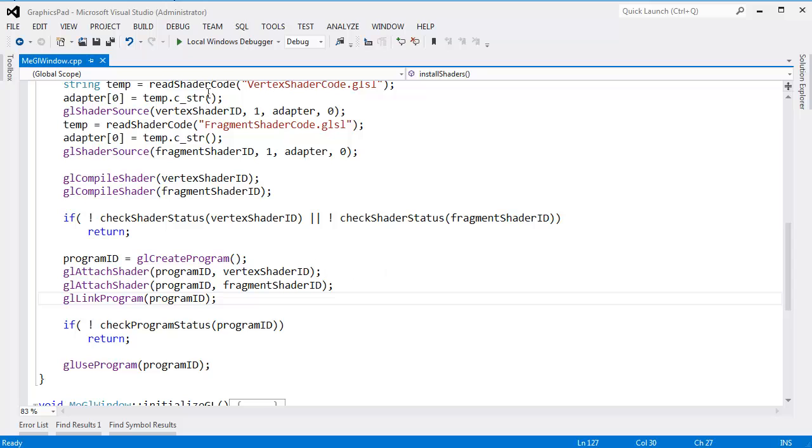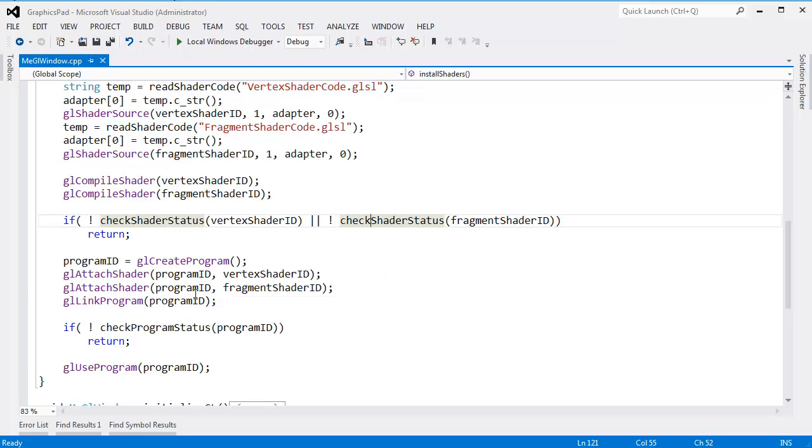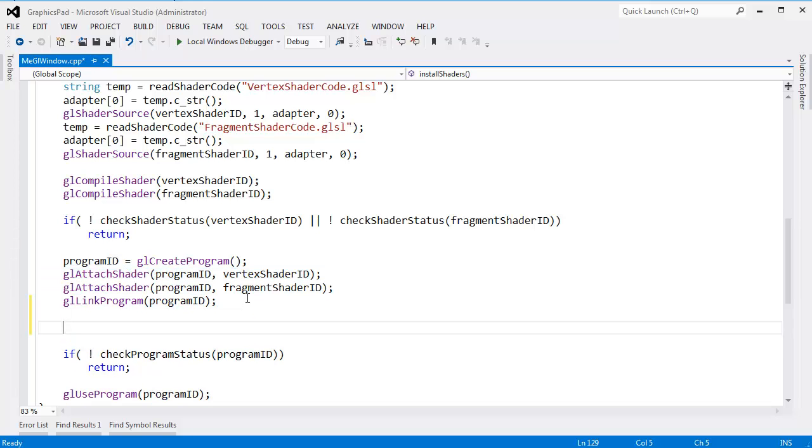Remember when we compiled these shaders and we got our shaders working and we checked their status and that sort of thing? Then we created a program and we attached both of our shaders to the program and linked the program. At this point, we no longer need our shader objects. They've been linked in to the program represented by the program ID. And like C++ OBJ files, we no longer need the OBJ files, so I can actually go as far as saying